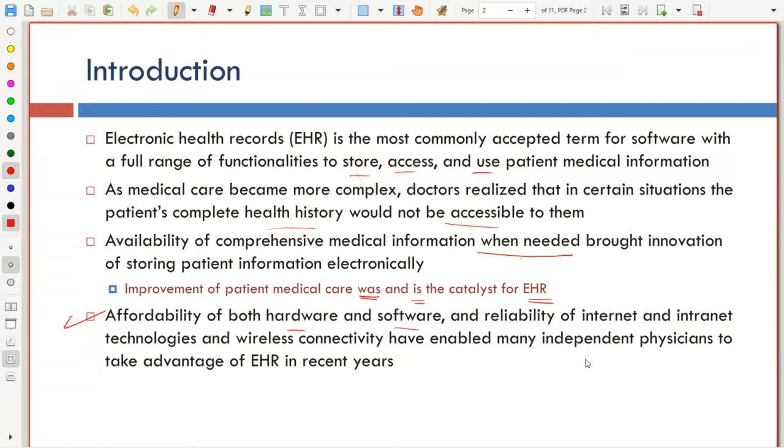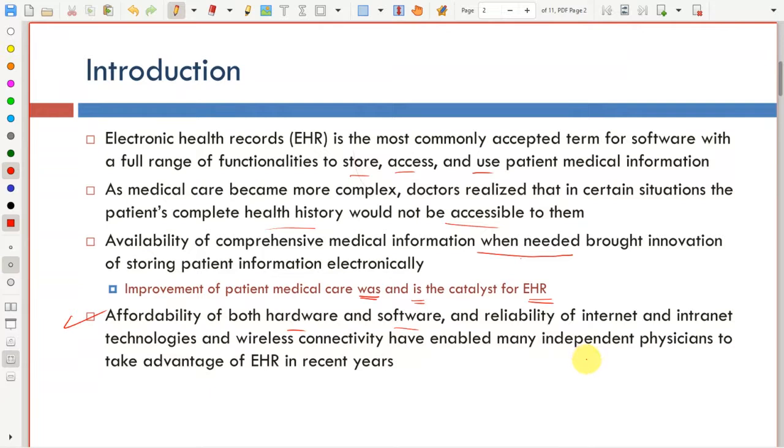So instead of having a wired connection, you can have wireless connectivity, and this makes things much easier. You can connect everywhere without having to do a lot of work and have cables passing through the walls and things of that sort. Okay, so the affordability and the availability of such things enabled even some independent physicians,